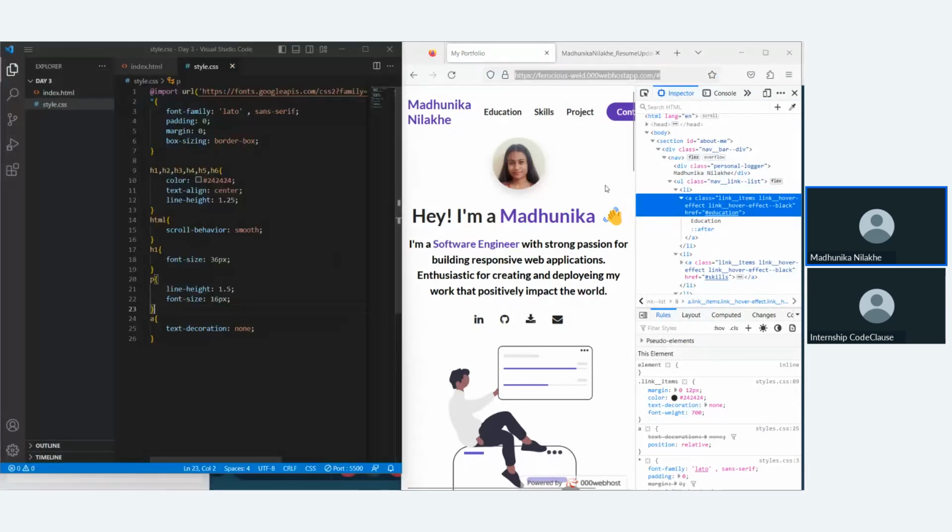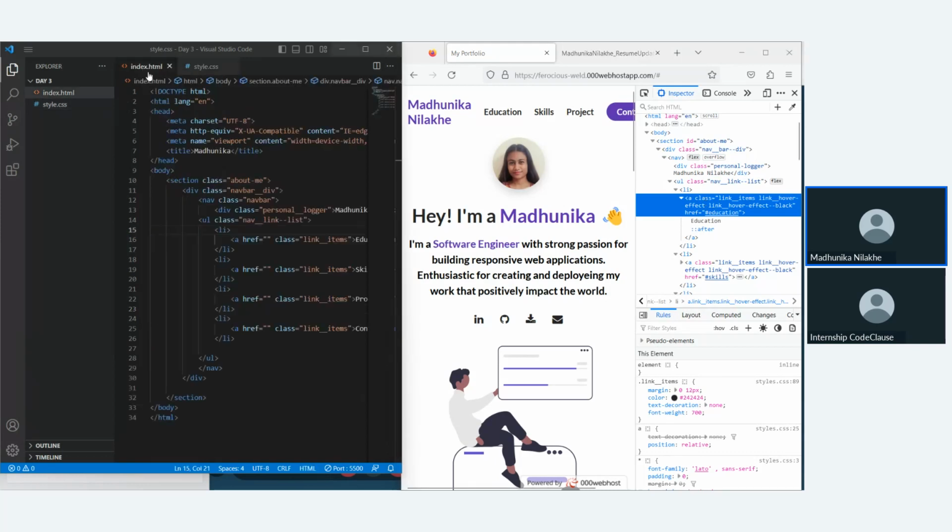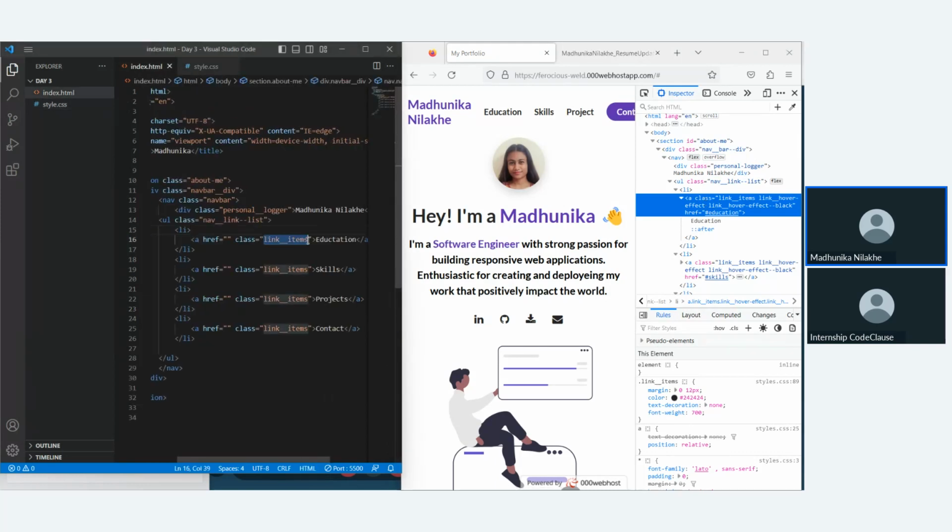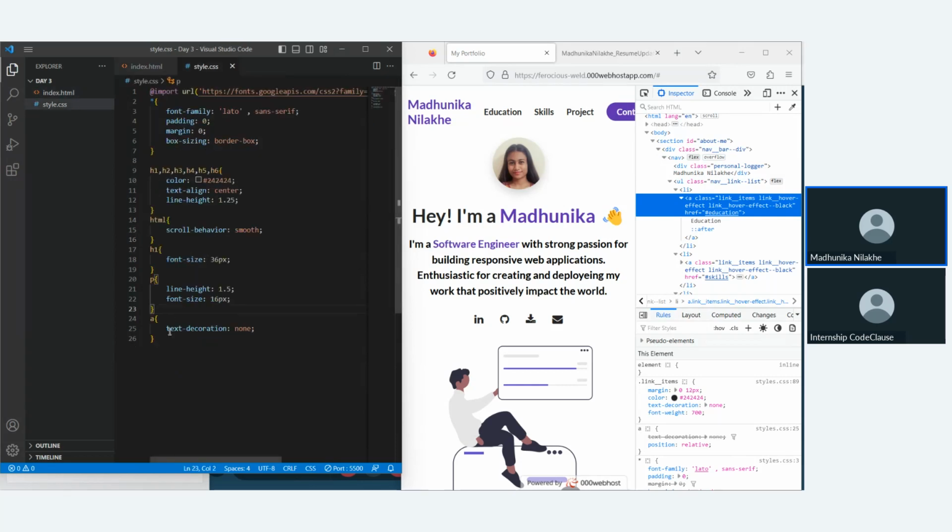Let's inspect this, and let's see what the elements are there. There is a class of link items. Why is this not working for me? Just because I have a class for it, and I can use that class to style my contents with CSS. So I have the text decoration should be none. If I save this,